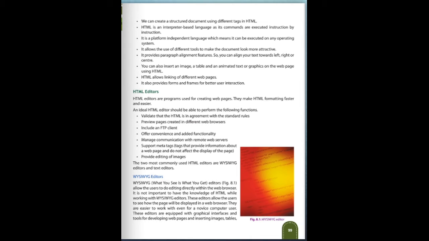So the two most commonly used HTML editors are WYSIWYG and the text editor. WYSIWYG editor means what you see is what you get. It allows the user to do the editing directly within the web browser. It is not important to have knowledge of HTML. So while working with the